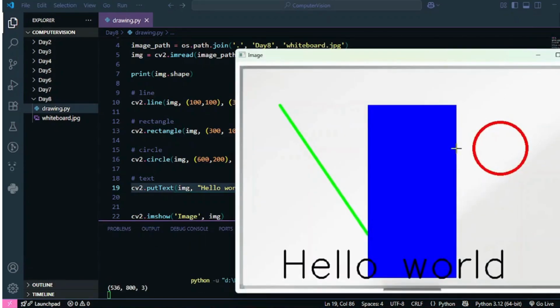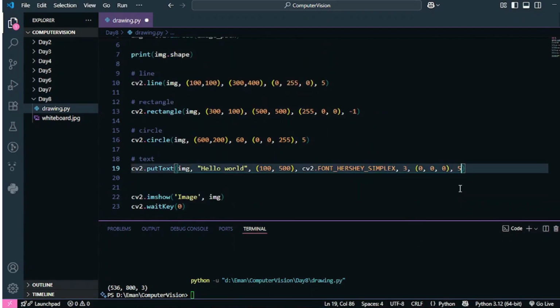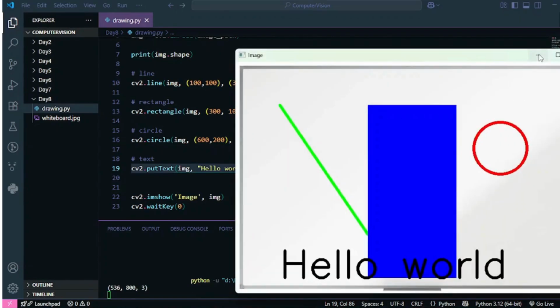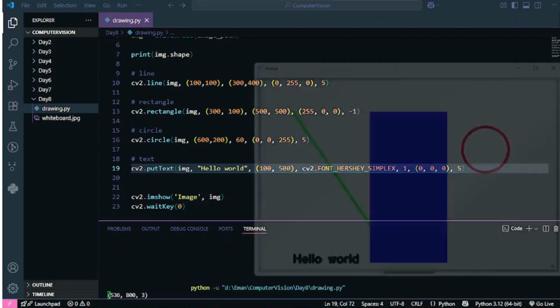Ooh, so I got hello world over here. So let's try to change some sort of values. Let's try to change the thickness from 3 to 5 and see what happens. So the word became thicker. Now let's try to decrease the size because the text is too big, right?